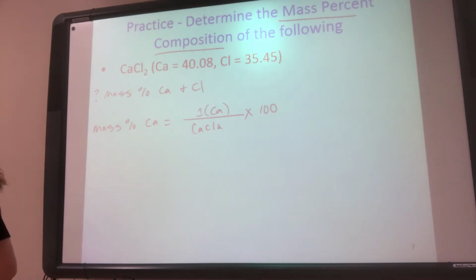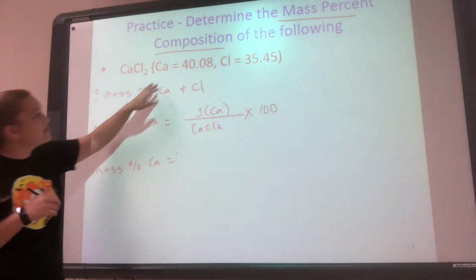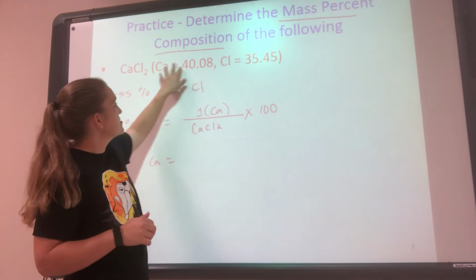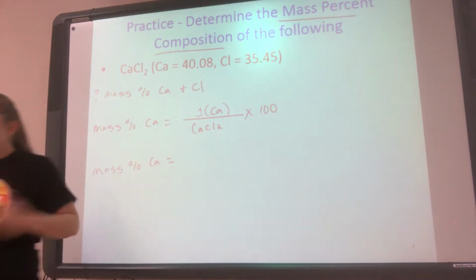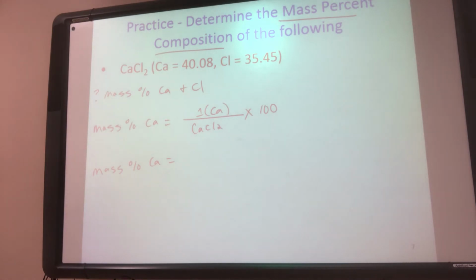All right. So then I need to figure out, well, what's the mass of my Ca? I actually gave them to you right here. This is the mass of Ca, this is the mass of Cl. That would have been found on the periodic table. So I made your life a little bit easier. So this is just 1 times 40.08